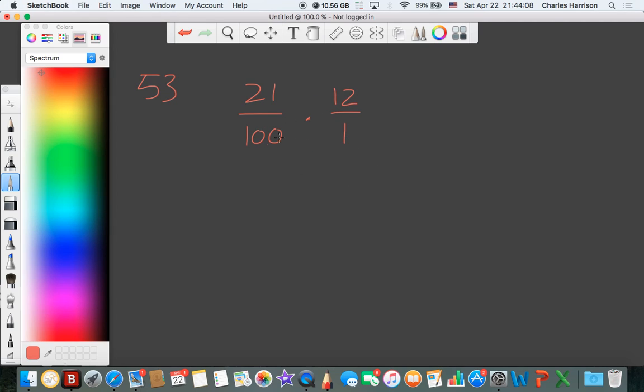Well, before I start doing some things here, I want to reduce, if I can. What's 12? Well, that is 4 times 3, is it not? And what is 100? Well, we could say that's 4 times 25. Could we not? Yes, we could. So we can cancel this out and this out. Isn't that nice? All right, and then it turns into 21